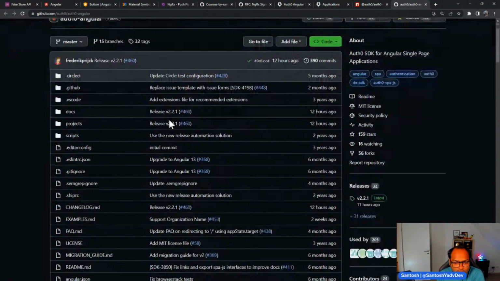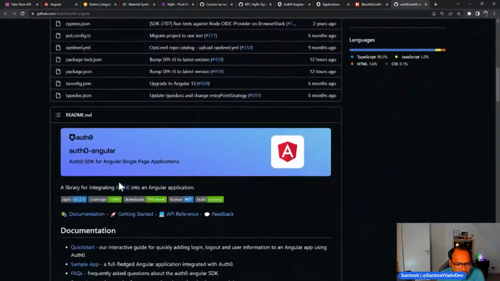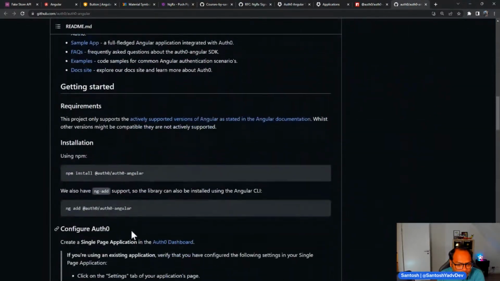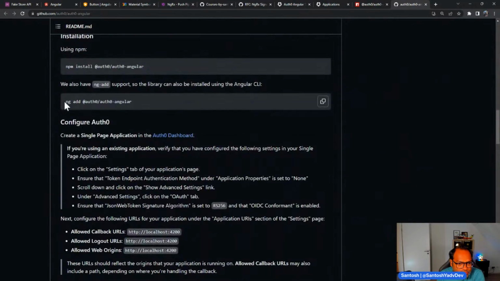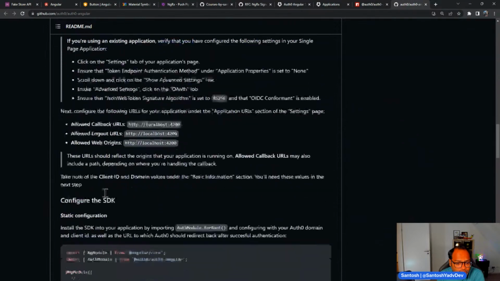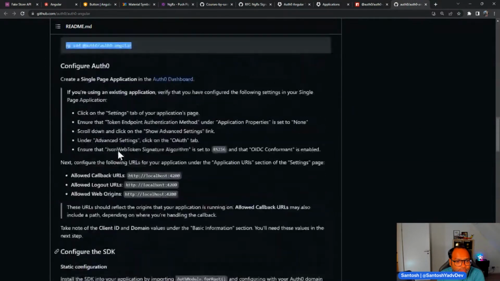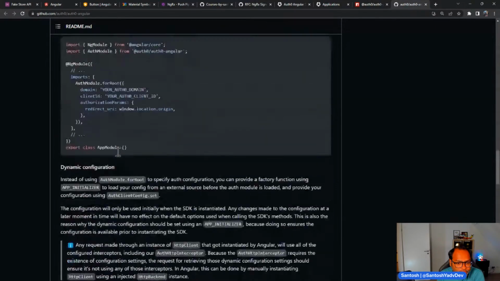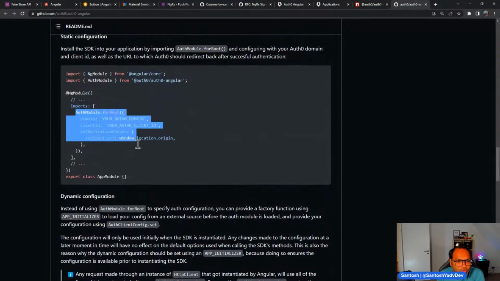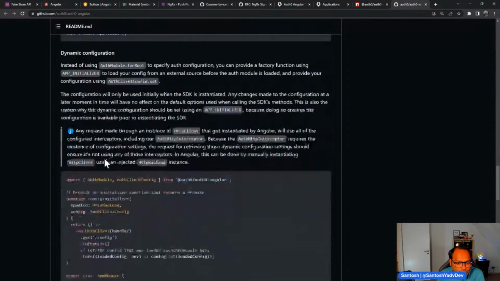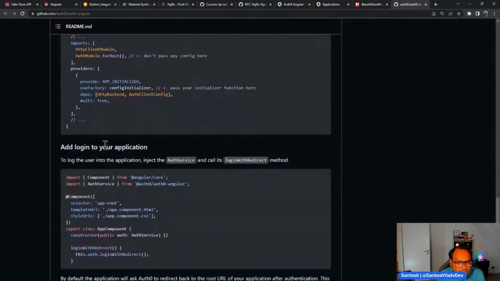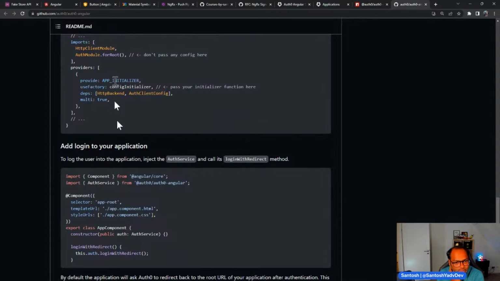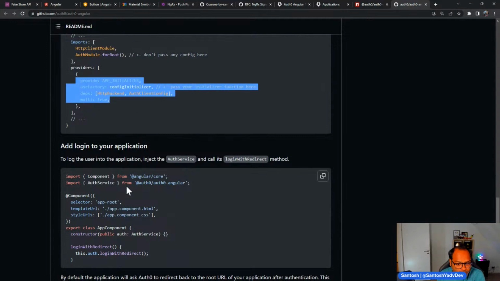So Frederick is actually managing this library. So ng-add, we cannot do ng-add because, of course, we are in an Nx application, right? So we won't be able to do it, but we can install and update it manually. That's what we will do. And so it only has forRoot, and this is another way, like the app initializer way. I'll tell you the difference, and which we should prefer. I would suggest using app initializer in a real-time application because